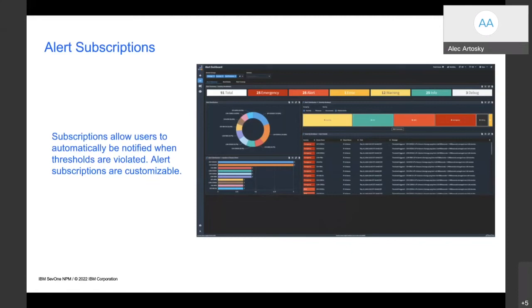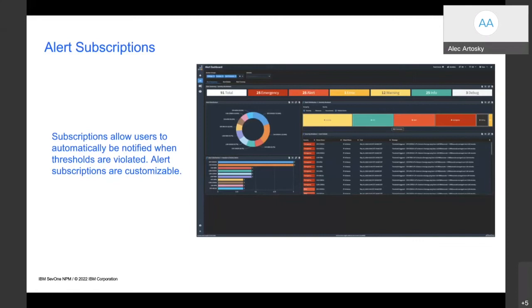Not only are we taking that baseline and notifying you of issues, but you can set it up where I can get an email, I can get a text message, I can have a ticket generated, I can have it go up into an event correlator, to be able to just take that data, subscribe to it, have that data posted out to whomever, and then be able to look at it in a very detailed report that helps me understand what my issues are, where they lie, and ultimately get to the bottom of what that issue is. And all of that is available in SevOne.